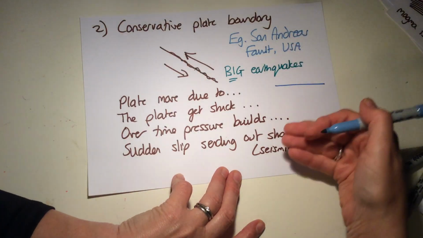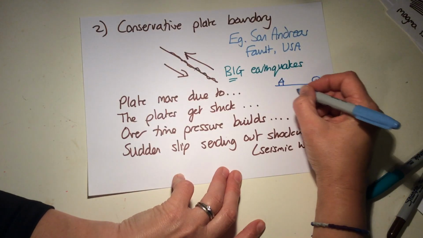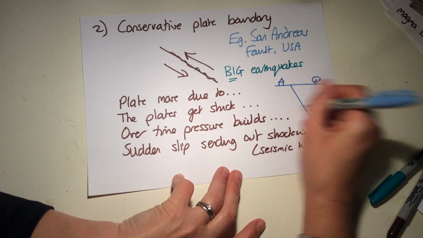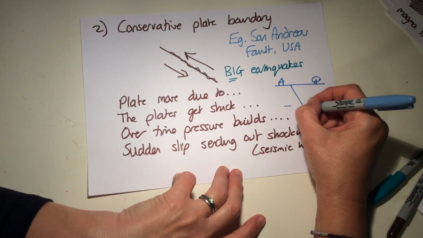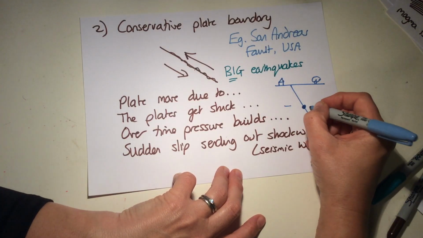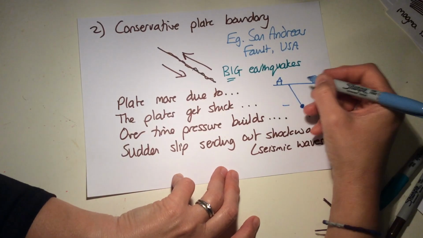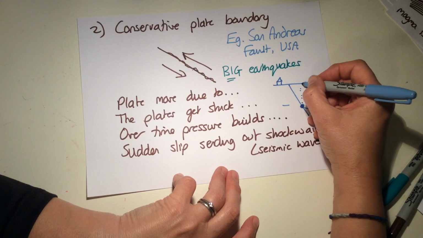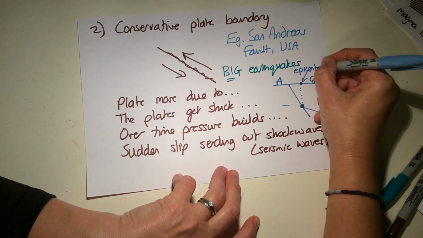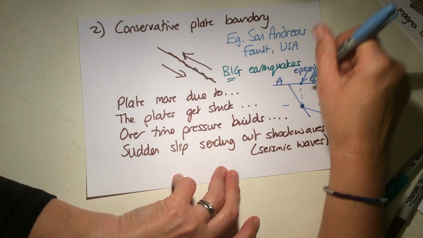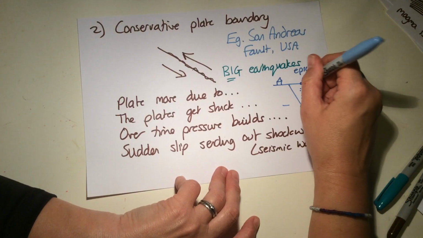So I'm now going to cross-section. So let's just put a tree there and a little house. Okay, so underneath the ground, if that plate's going that way, and that one's sort of trying to move past it in a different way. If that's where the earthquake happens, we call that the focus. And then the point directly above is the epicenter, and we tend to use that word more because we live on the surface, and that's the point that will get the first wave and the biggest waves, and the most